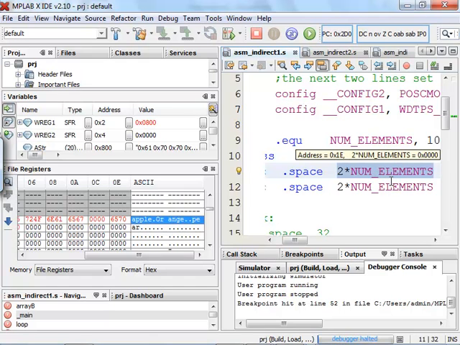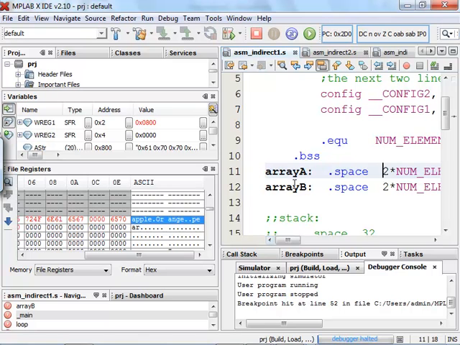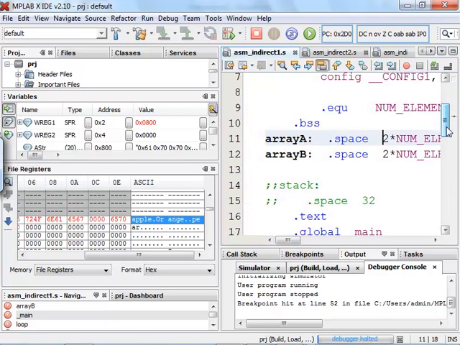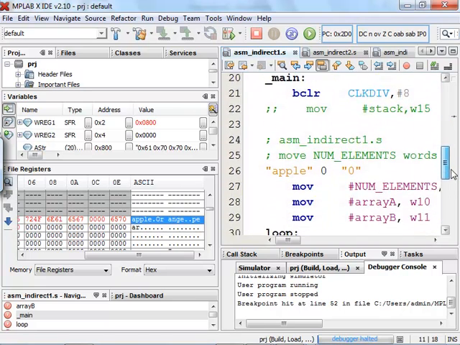This is all the compiler. Before it even compiles the code, it knows this is a constant, so it knows how to do 2 times 10. So it's going to put 20 here before even attempting to compile. Okay, so your array A and array B are each 20 bytes of text, and then essentially